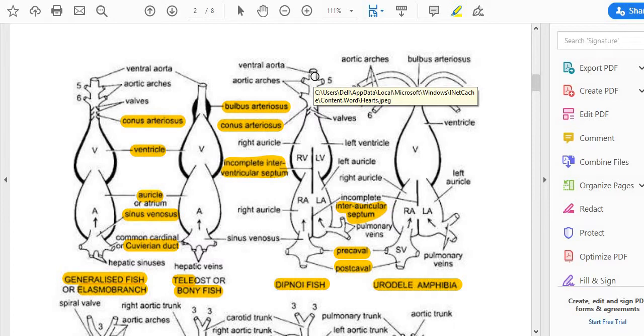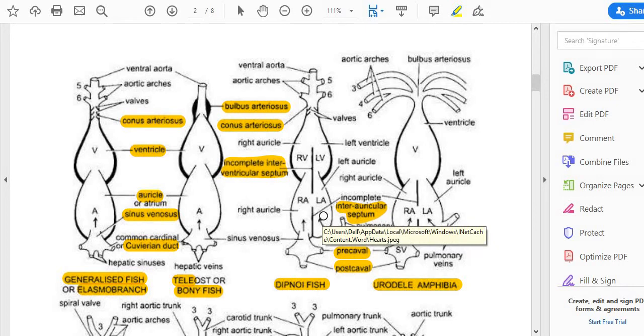So here we can see deoxygenated blood has entered and oxygenated blood has also entered. Such kind of entry of blood twice inside the heart suggests double circulation. So such circulation is seen, but because there is mixing of blood, it is not so specific as that of the heart of birds and mammals.